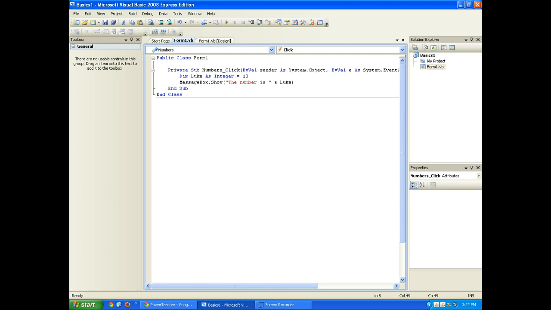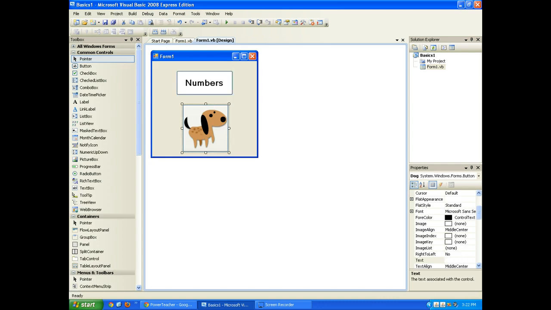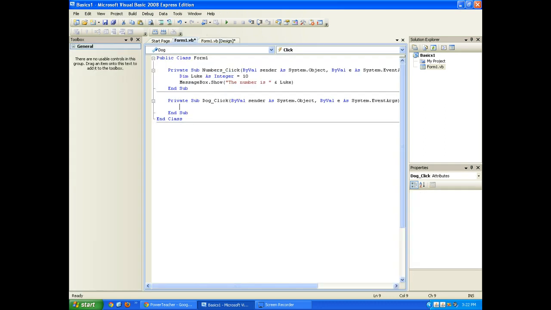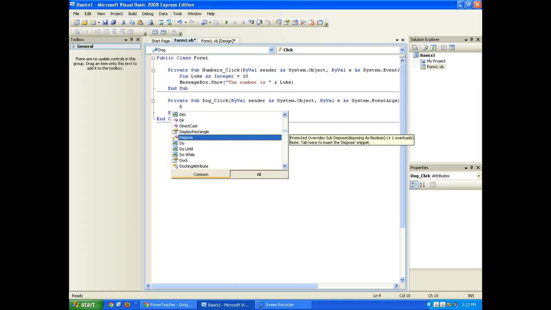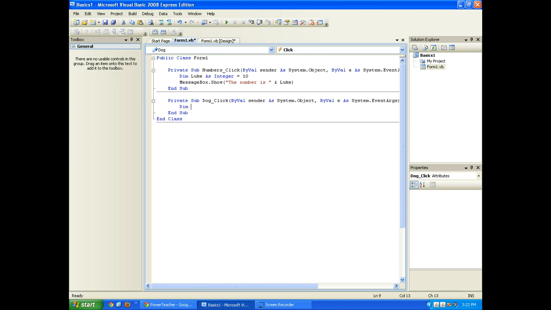Now, let's go back to our other button. I'm going to click on this dog here, double click on it, and you can see my numbers button up there still exists. My dog button is now down here. All right, so we're going to do this one a little different. So we're going to declare something. So let's call this one, I'm going to declare dog1. And I don't want to confuse you. Maybe I'm going to use another name here. Let's say Tim. All right. Declare Tim